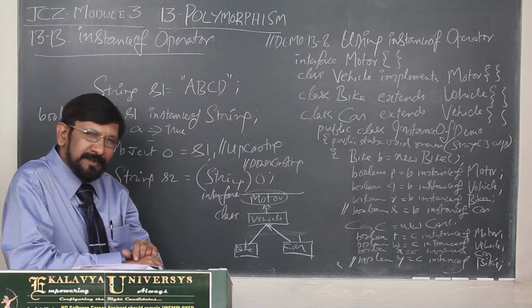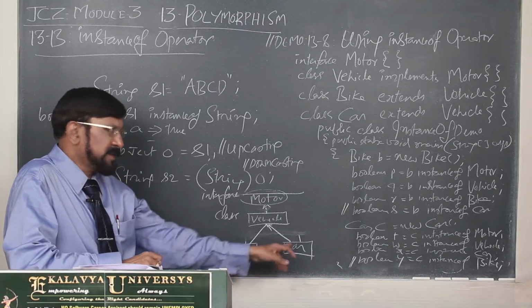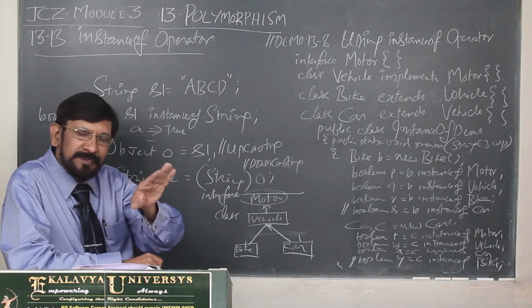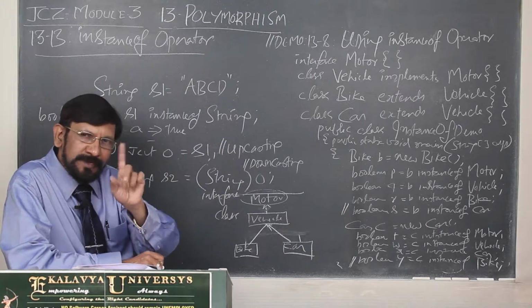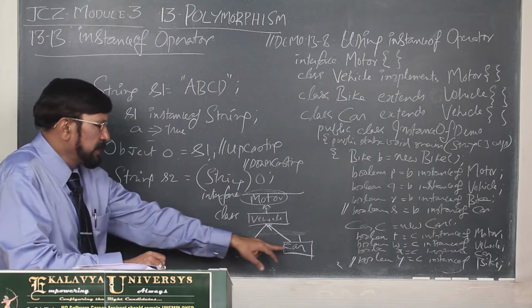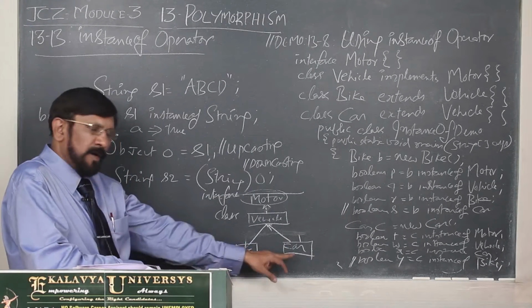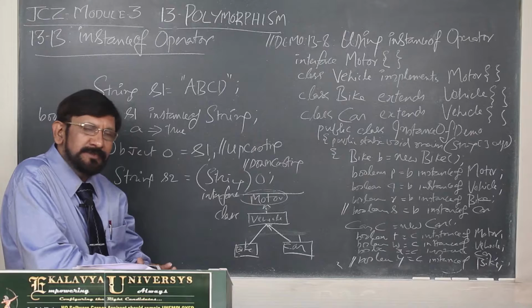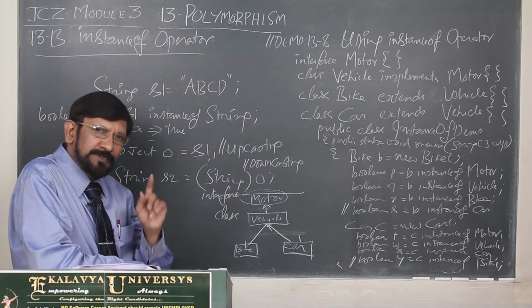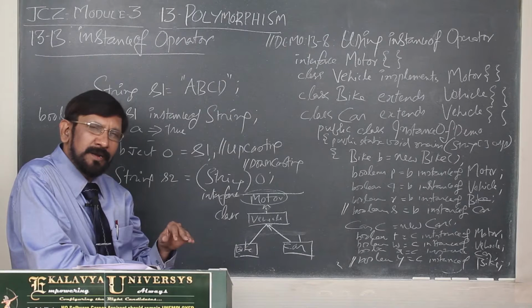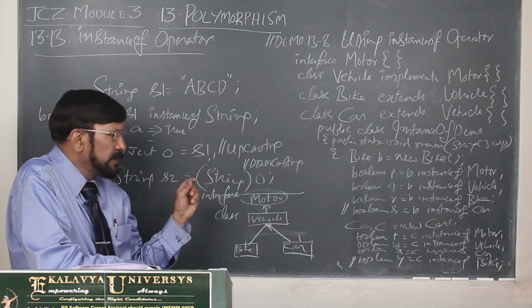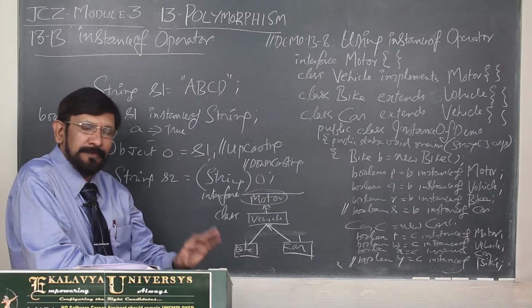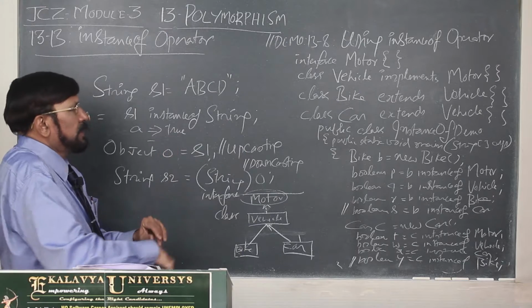But one thing is not true: Bike is Car type. This is called peer inheritance. That relation does not exist. Transitive is allowed, but peer relations are not allowed. So Bike is not Car type, nor is Car Bike type. In such a case, if you use the instanceof operator, then the compiler does not compile, it reports an error. That point you have to observe, and based on this I have written a program.